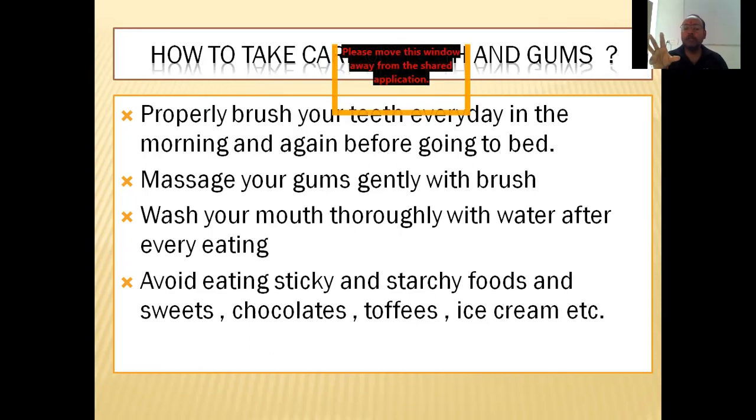We know that gums hold the teeth, and the buildup of plaque at the place where teeth meet the gums leads to loosening of the teeth. When it reaches that point, loosening of teeth will occur, and then the tooth falls off. So that is all about this. I hope it will be very helpful for you. It is a very short video, and you can learn and understand about the structure. Thank you so much.